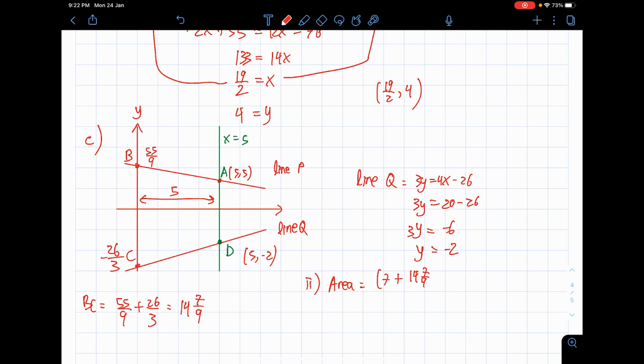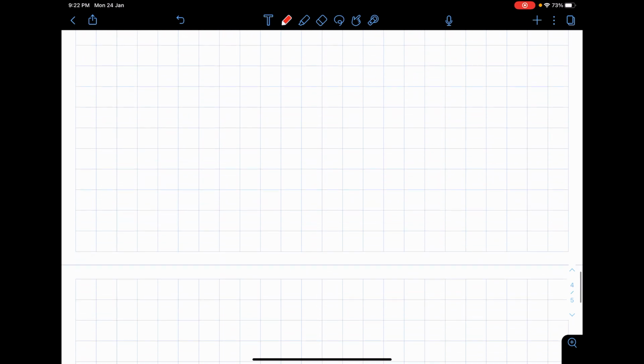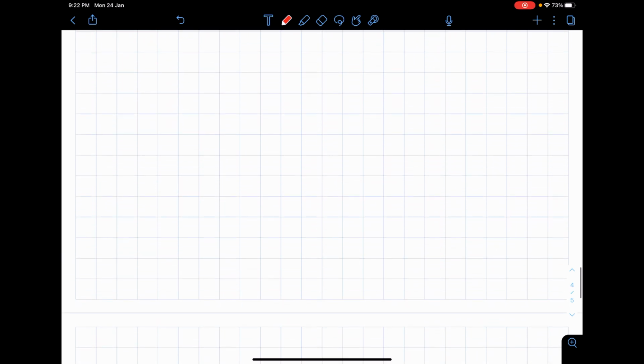Put it down here. Sum the two lines, multiply by the height, which is 5 units, because that is the height of the trapezium, divide by 2. Okay, press in calculator, you're gonna get 54 4/9. Another horrible answer. Yeah, this paper is really not so keen on giving you good numbers. Alright, next question 6.